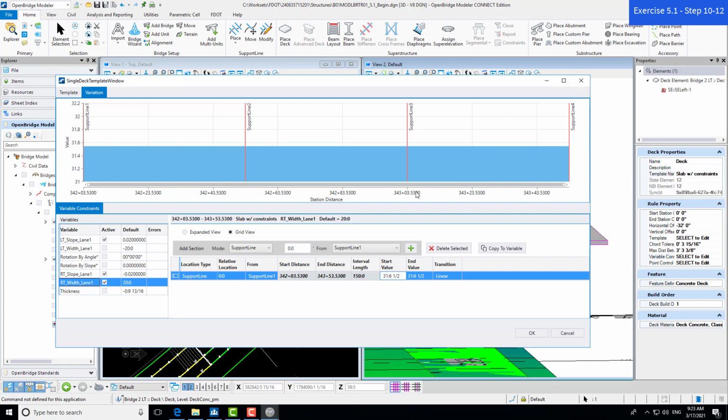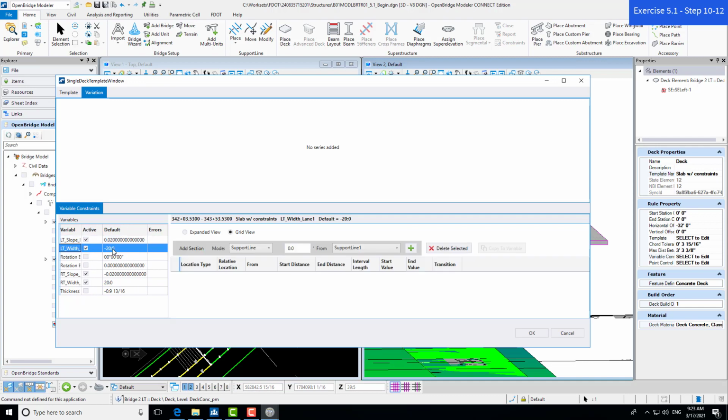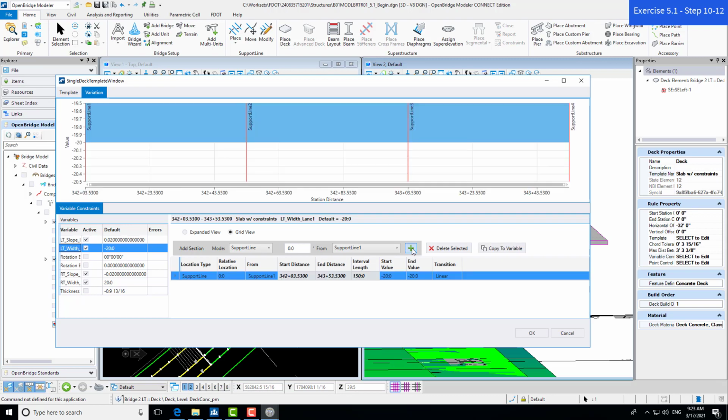We're going to do very similar activity with our left lane width. I'm going to select that. Again, we just have one section here. We're okay with these properties and inputs as is. So we're just going to go ahead and click our green addition box. And in this case, we're going to look at the left side.